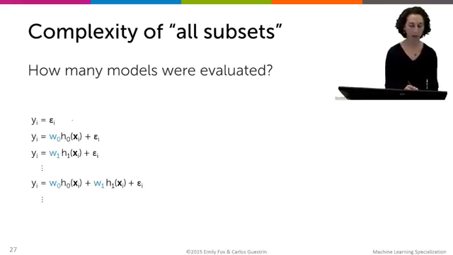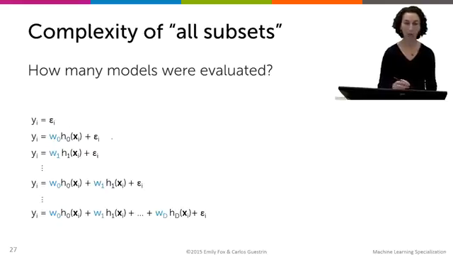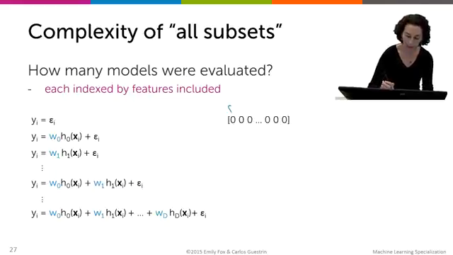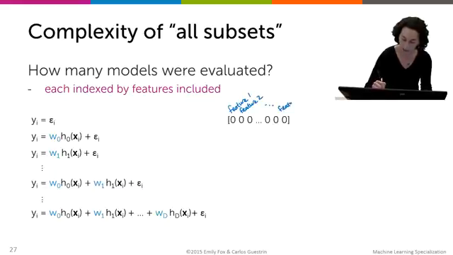So we looked at the model that was just noise, we looked at the model with just the first feature, second feature, all the way up to the model with just the first two features, the second two features, and every possible model up to the full model of all capital D features. And what we can do is index each one of these models that we searched over by a feature vector. So for feature 1, feature 2, all the way up to feature D,